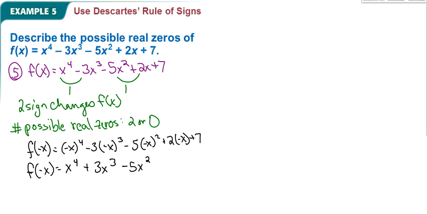This one is a negative, so it'll be minus 2x and then plus 7. So that's our rule. Now let's look at our sign changes. So this one's positive, positive, and then goes to negative. So there's a sign change. Negative to negative stays the same, and then negative to positive, so there's another sign change. So there are also 2 sign changes